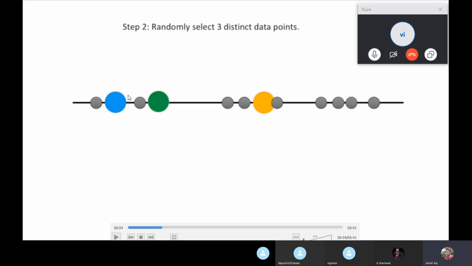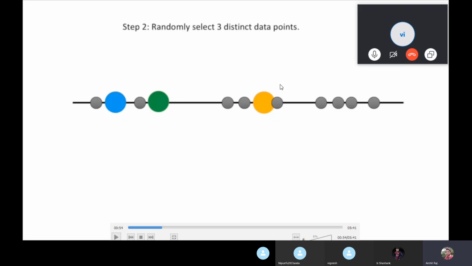Now just imagine this blue color, green color and yellow, or orange, whatever color. These 3 points are going to be the 3 random points that you have generated. These 3 random points can be generated anywhere on the x-axis. It's not dependent, you don't have to spread them here only, it's completely random.